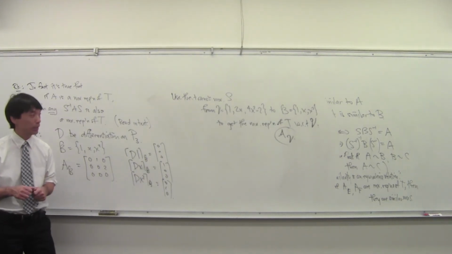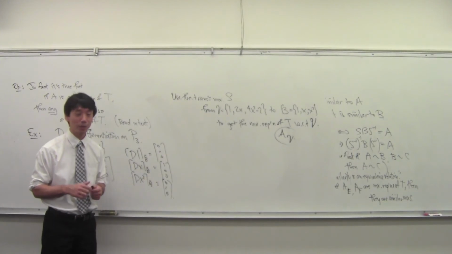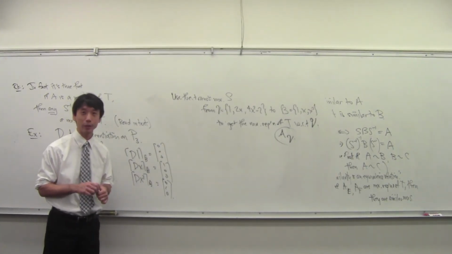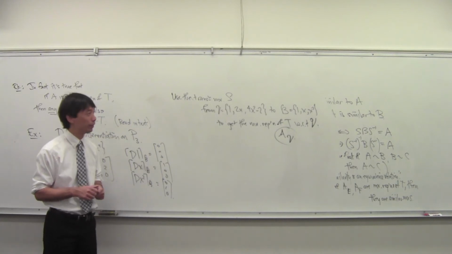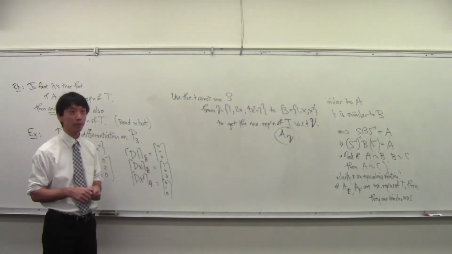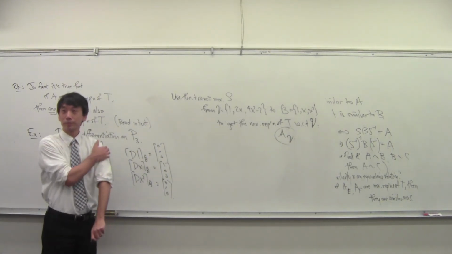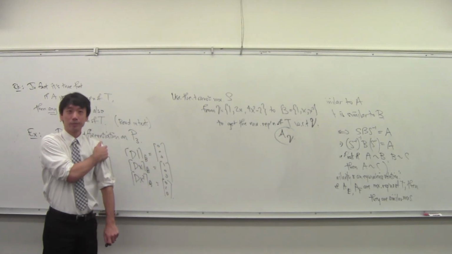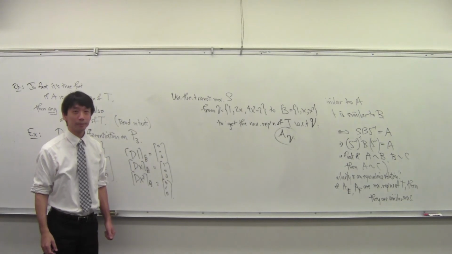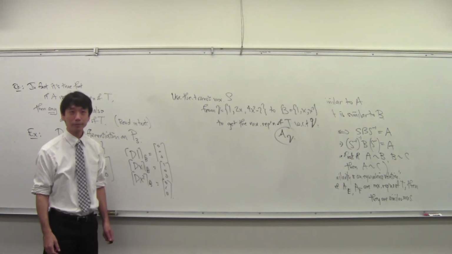Okay, even if you haven't finished it or started it, talk with somebody and explain how to do it. How do you find A sub V using this transition matrix? Okay, so we have A sub B, and we're going to left multiply by the S, which I think we find that we get from V to B, and then we left multiply A sub B by the inverse of that, and then multiply by